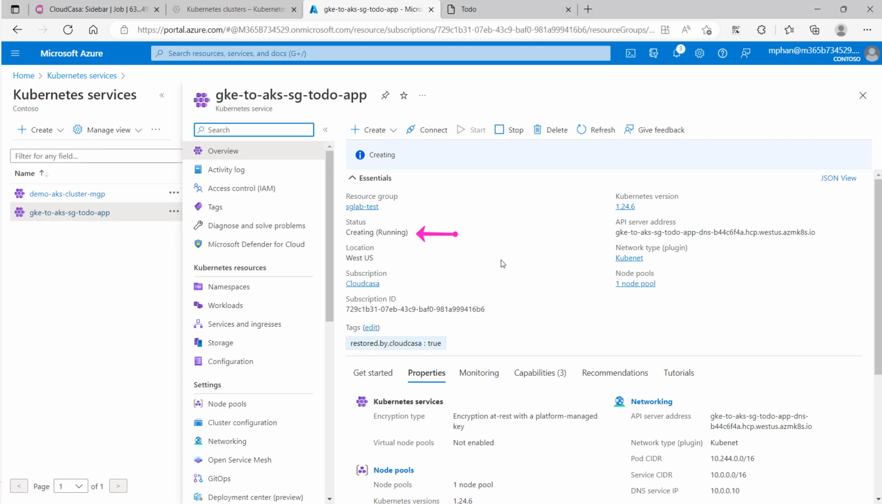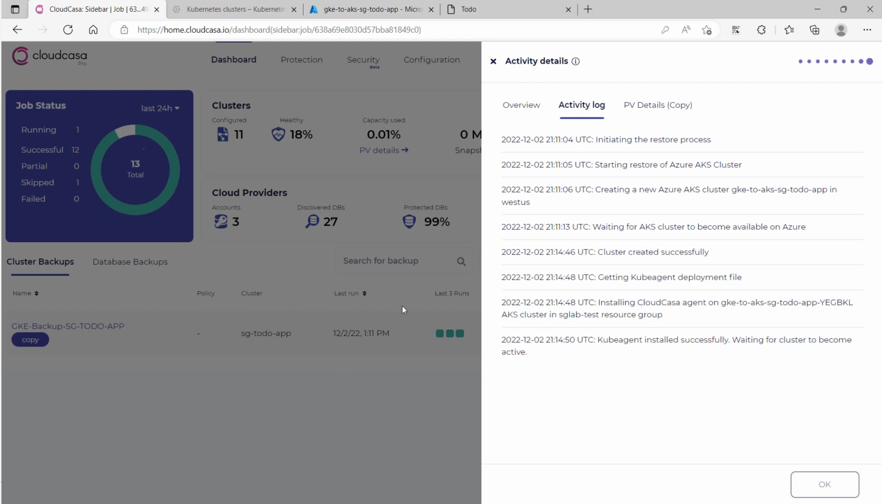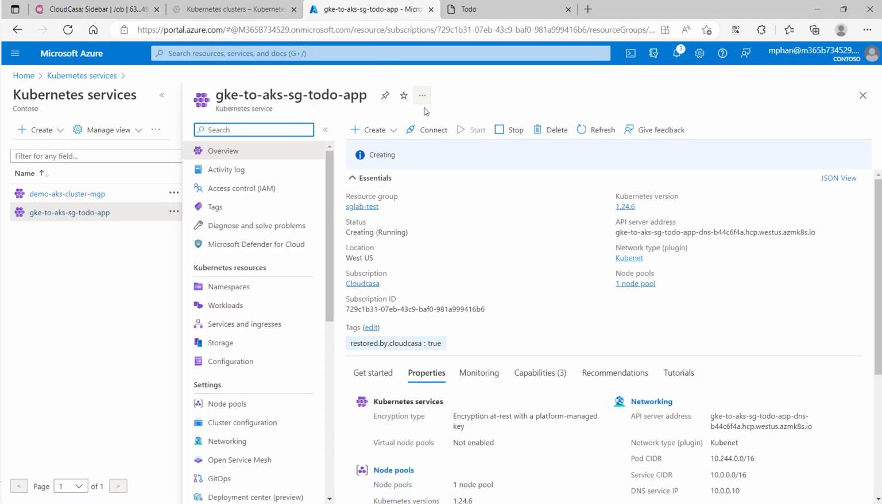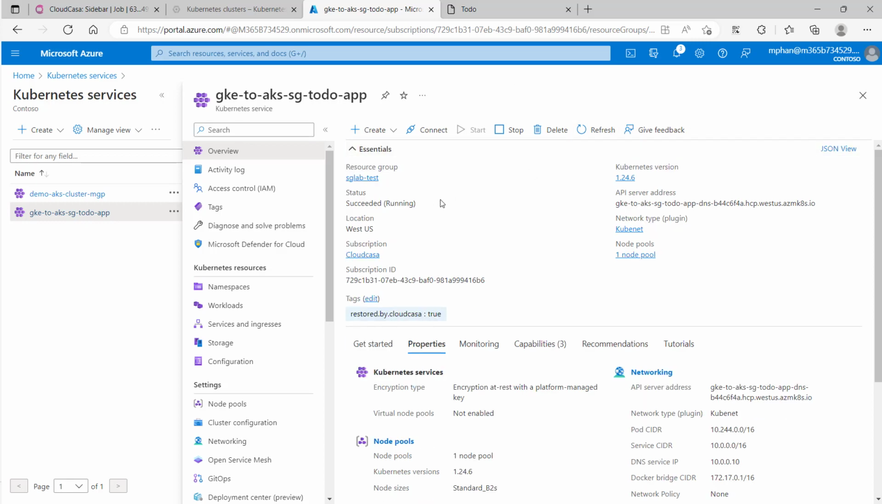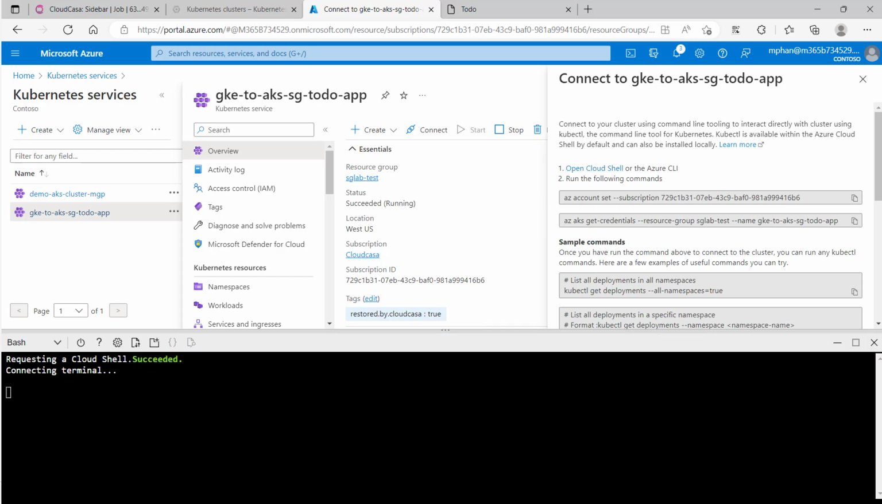So I'm going to fast forward the video for a couple moments here and describe some of the actions that are occurring while this cluster is being created. So here I can see that my cluster has been created successfully, and now it's deploying the CloudCasa agent within my cluster. So if I jump back to my Azure portal, I can issue a refresh, and the cluster has been successfully created. So I'll go ahead and open up an Azure Cloud Shell,